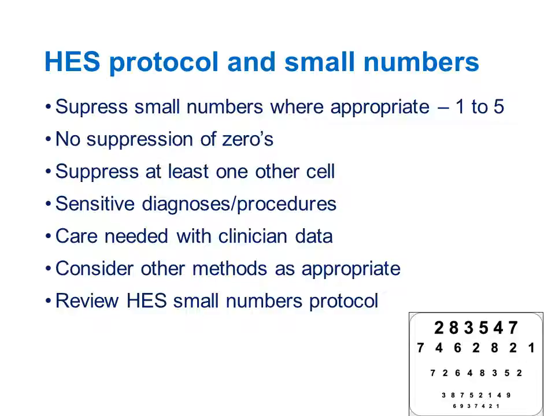It states that when suppressing numbers, you do not need to suppress zeros, but you may need to suppress at least the next smallest cell in the table to avoid calculation of the suppressed values from the totals provided. It also clarifies that these counts might not necessarily be about individuals. For instance, it could relate to episodes, admissions, or bed days, but they should still be treated in the same